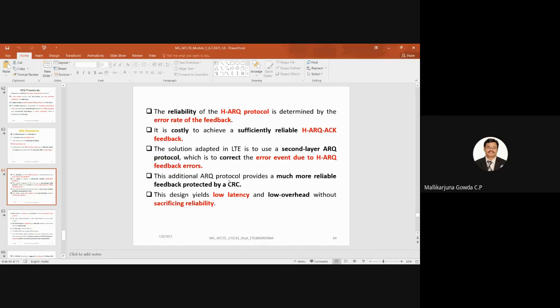So this additional hybrid ARQ protocol provides a much more reliable feedback protected by the CRC. This design yields low latency and low overhead without sacrificing the reliability.